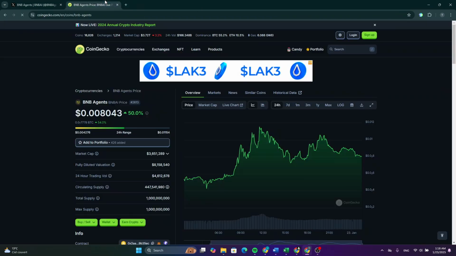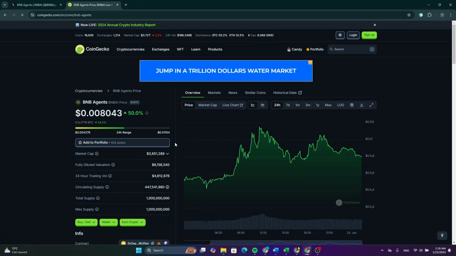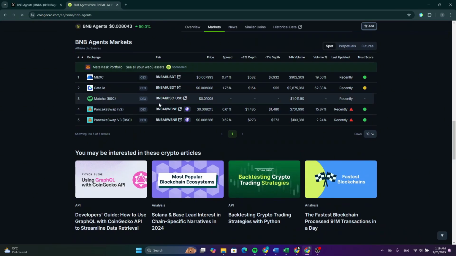So as you can see, this token is available on CoinGecko. Go and find it there. After that, click on markets here. You will be able to see the exchange platforms and decentralized exchange platforms. So if you want to buy it on MEXC or Gate.io, for example,